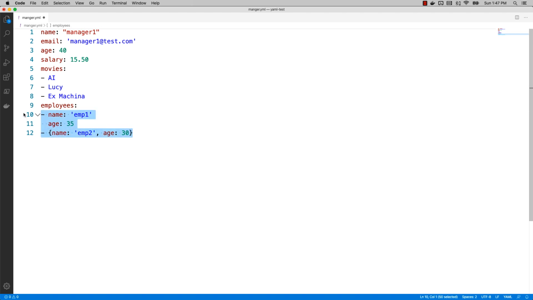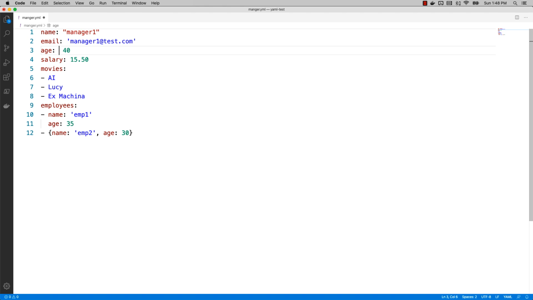So this represents a list, this represents a list, this is the list of strings, this is the list of objects. Now sometimes in YAML, you might go for forcing some data types. For example, when I say this is 40, by default it is considered an integer.